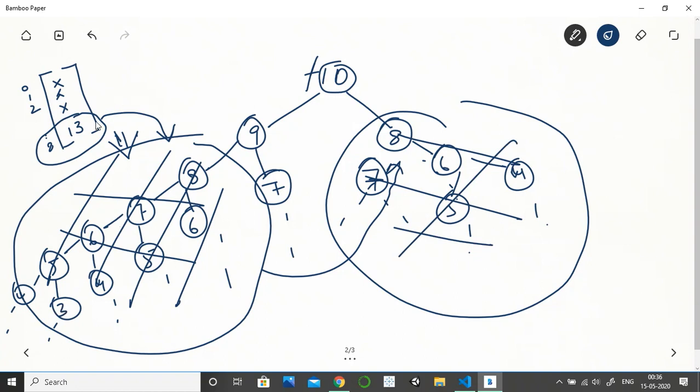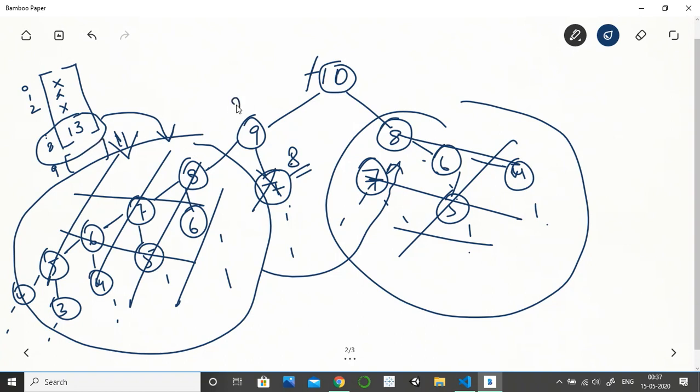Similarly, assuming for 7 also the value was available, which was 8, no computation here, and for 9 it was empty, let's say. What it will do is calculate the value for 9, which is 8 plus 13, and it is 21.